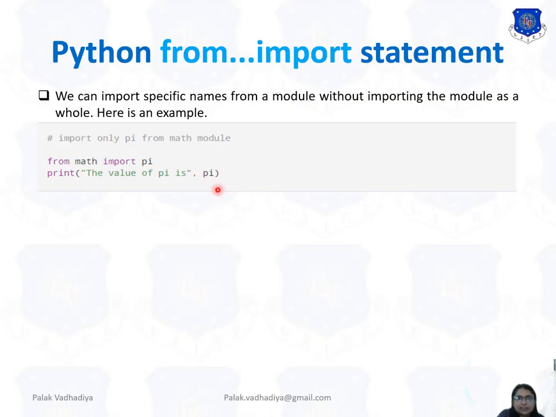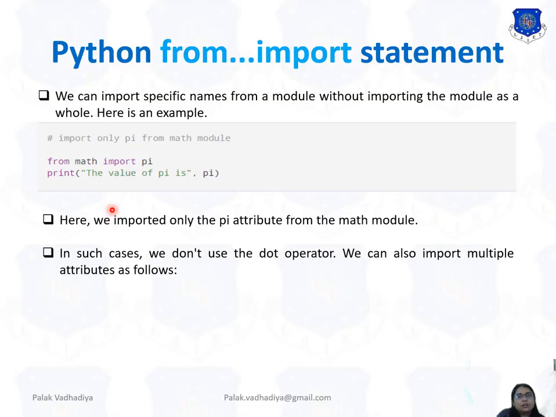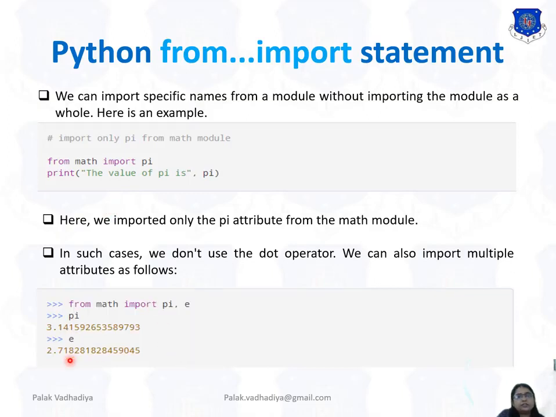Simply you write pi, because I am specifying exactly what I want. So it's from math only import the pi function. In such cases we don't use the dot operator.